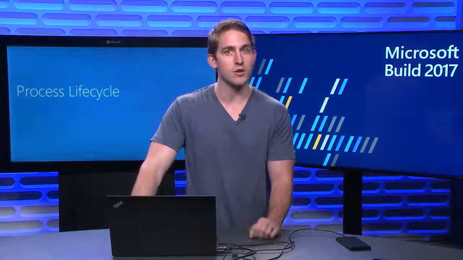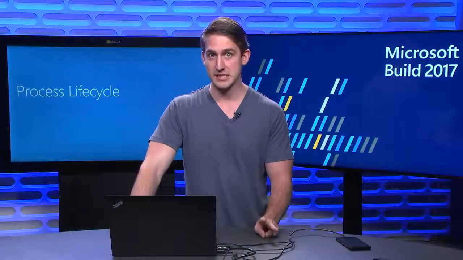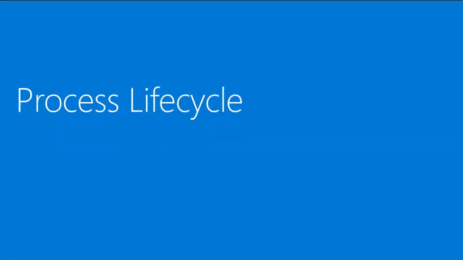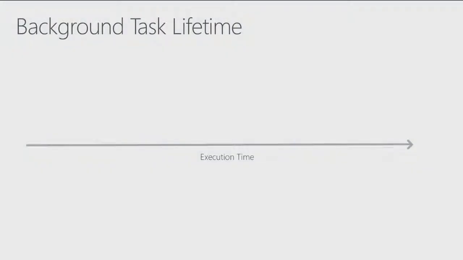So like I said, there are two different types of processes that you will be working with in UWP if you're looking to do background activity. The first one is the background task. Now, the background task is a completely headless process. That means that there is no UI associated with it, and it is going to be running silently in the background without any presence in, say, the taskbar on desktop or even in the back stack for mobile or other